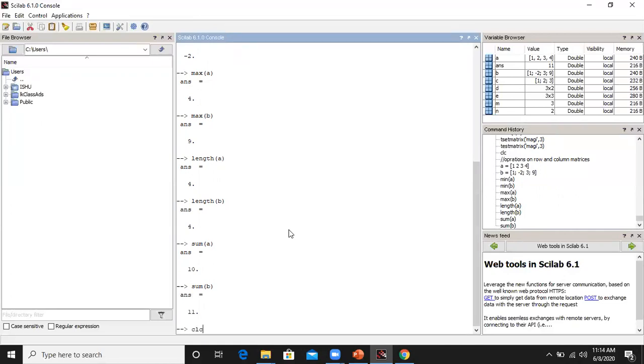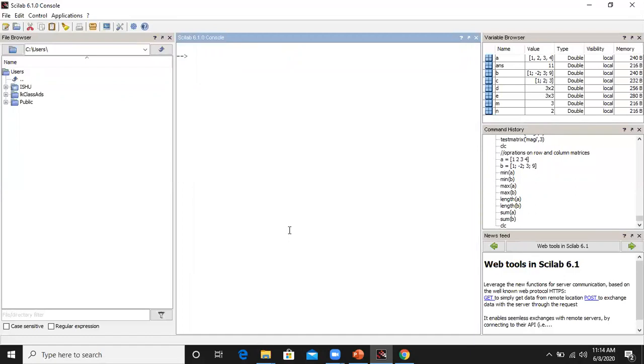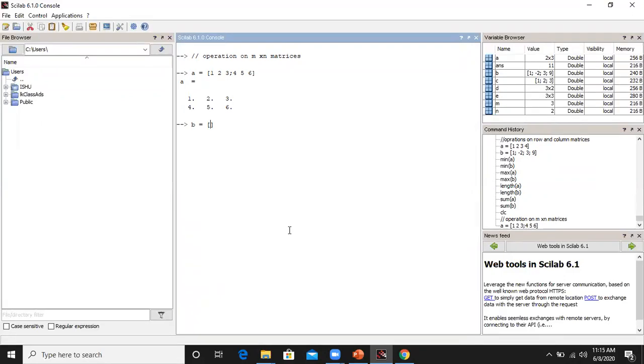Then we go for matrix addition and subtraction on m by n matrices. So we try to see the operations on m by n matrices. So let us consider matrix A 1, 2, 3, 4, 5, 6. It is a 2 by 3 matrix. Also let us take matrix B with the same dimensions, then 7, 8, 9, then 1, then 2, then 3. These are the elements. Now we just wanted to add these two matrices. So here we get 8, 10, 12, 5, 7, 9.